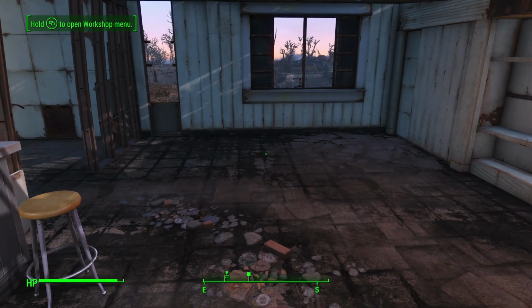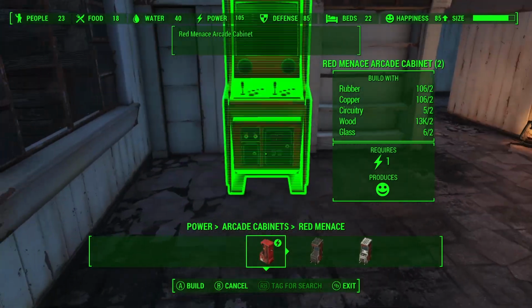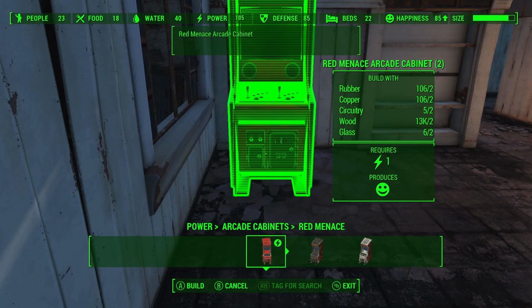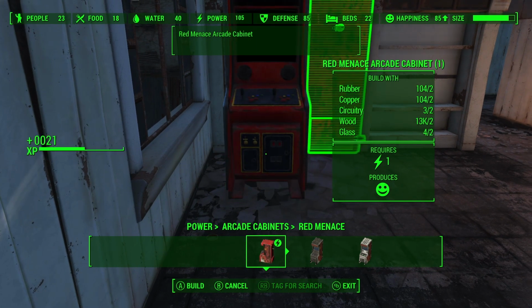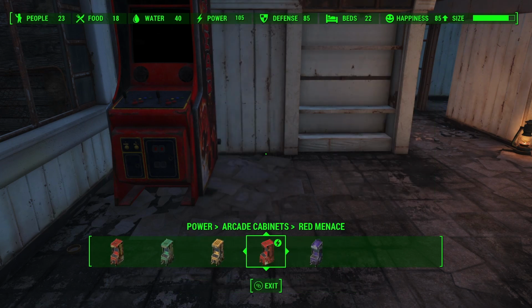But we're going to place these arcade cabinets down in here. We'll start with the classic Red Menace. Of course, we got to make that red. It feels like it's a lot laggier in the workshop mode. So I'm not sure why that's a thing. Okay. Wait, why am I in like a different menu now? I wasn't...